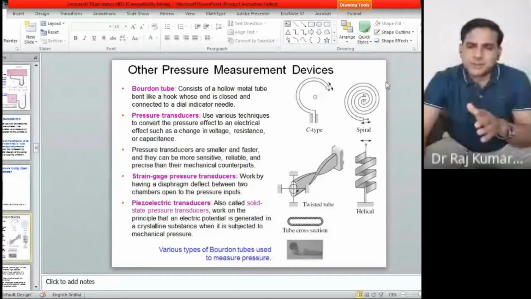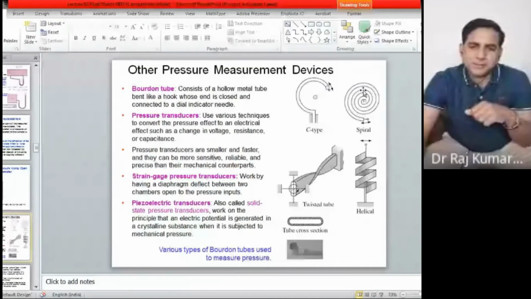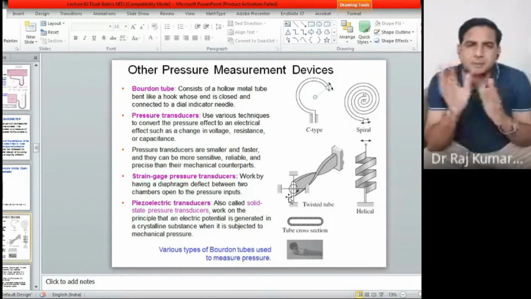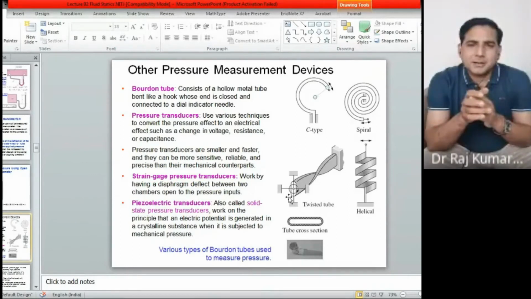Here you are also creating expansion, but in a spiral type of tube. This is used in case of high pressure gauges. Here also you are getting twisting of the material. You have this end fixed, and this one is free. So in case of very high pressure, it automatically twists in a particular pattern. Can you fix up the pattern of the twisting? No, sir. No, but you can.